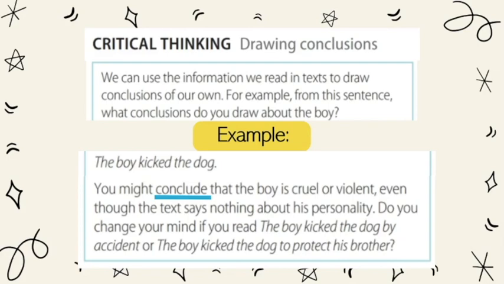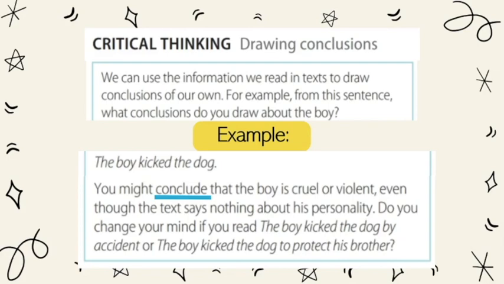For example, I can say, the boy kicked the dog, and you think the boy is evil. And then I say, the boy kicked the dog because the dog bit him. And you say, okay, the dog bit him, so the boy is good. And then if I say, the dog bit him because the boy had pulled his ear, then you go back to, oh well, then it's the fault of the boy, right? You always have to know the full context to determine who is correct or what conclusion is the best that you can get from the situation, right?